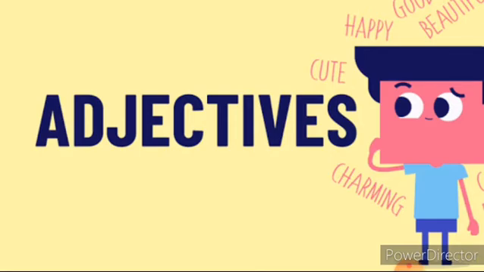They provide more information about an object's size, shape, age, color, origin, or material. Children, we have already learned what we mean by adjectives, what the types are, and what the degrees are. Using those degrees, we are going to practice the worksheet now. Adjectives are words that describe or modify other words. Now let's practice the worksheet of adjectives.